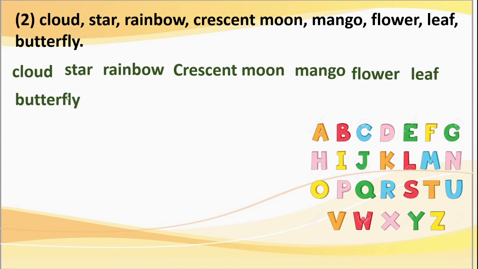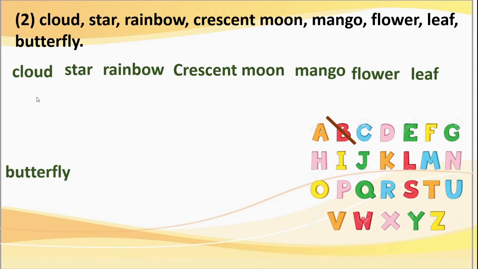Okay, first A. No word which begins with A is there. Then B. Yes, butterfly, isn't it? Okay, we will take this first. Then C. Yes. Okay, we have 2 C words. 2 words that begin with C. See, a cloud and crescent moon. Yes. Then what to do, dear children? Remember here. Go to second alphabet. Here it is L and here it is R.